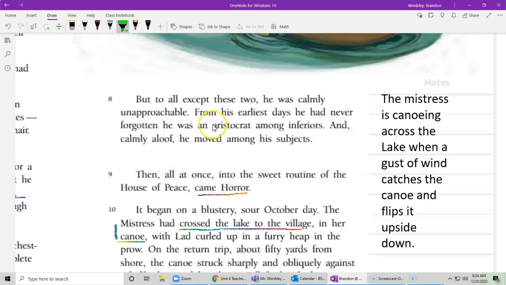So as to the two things that are being compared, well, we're comparing Lad to an aristocrat. Now, if we don't know what an aristocrat is, they give us some other hints. And let me highlight he, so we know those are two things. Our hint is this word inferior and subjects. So if we've seen many medieval movies, we know that refers to those people as subjects, the king's subjects. So we might be thinking something along the lines of a subject and an aristocrat.